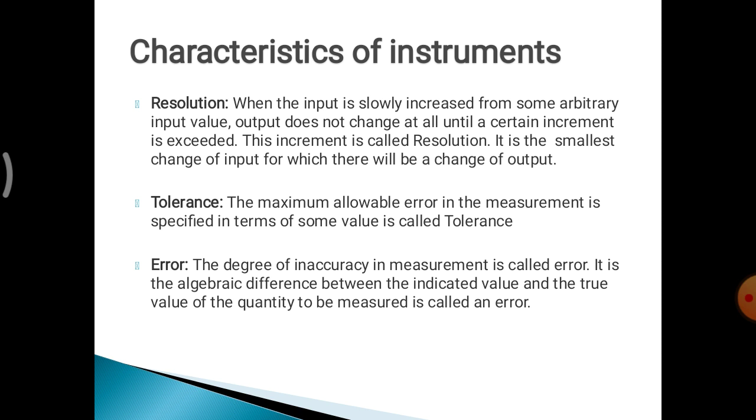Next we'll discuss resolution. First I'll give an example. You have an ammeter. When you give the input and increase it, sometimes it does not show a reading. After it reaches 0.1 amp or 1 amp, depending on the instrument, it starts to show the reading. Why does it not show for less than 1 amp or less than 0.1 amp? Because it is resolved for that value only. It is the minimum starting value, 1 or 0.1, depending on the instrument. I am just giving an example.